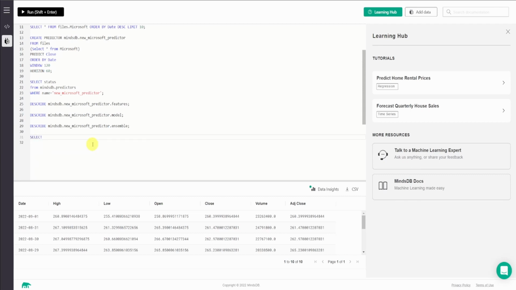So I will say select t.date as date, t.close as forecast, then close_explain from mindsdb.new_microsoft_predictor as T